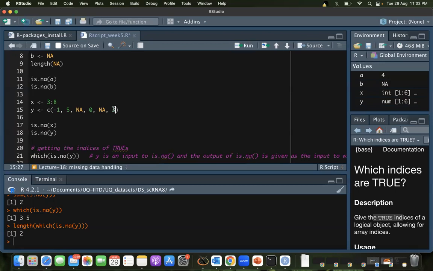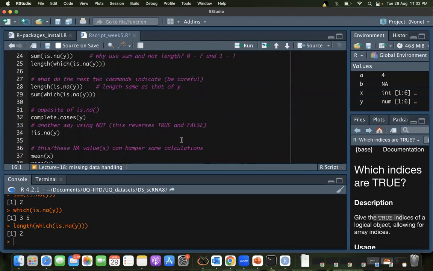Is dot numeric, that is correct. That is actually correct. But let's say if it was a mixed list of numbers and characters, or if you are not interested in, if it was a mix, that's right. So you're correct. For this one, is dot numeric is going to give us the same answer as what this exclamation mark is going to give you. So that's what I was looking for.